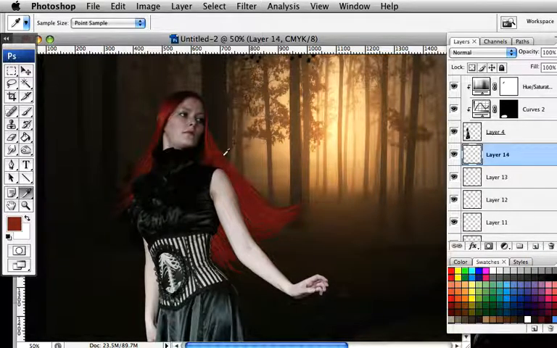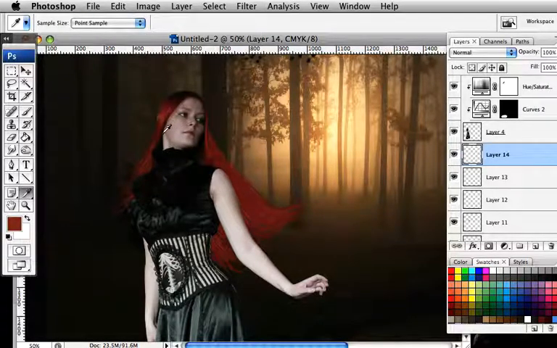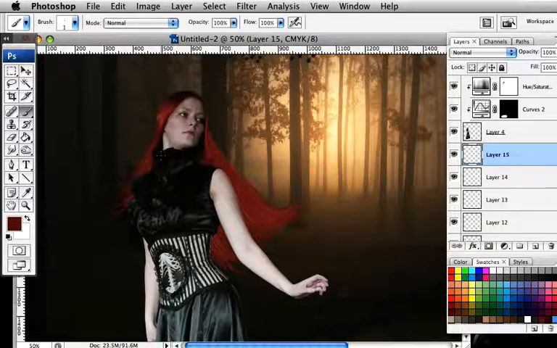New layer. Brush decrease down to 1 pixel. Okay, and it's starting to look good. Starting to get there. I'm going to grab this red again, create another new layer. But I'm not going to spend any more time on that. I think